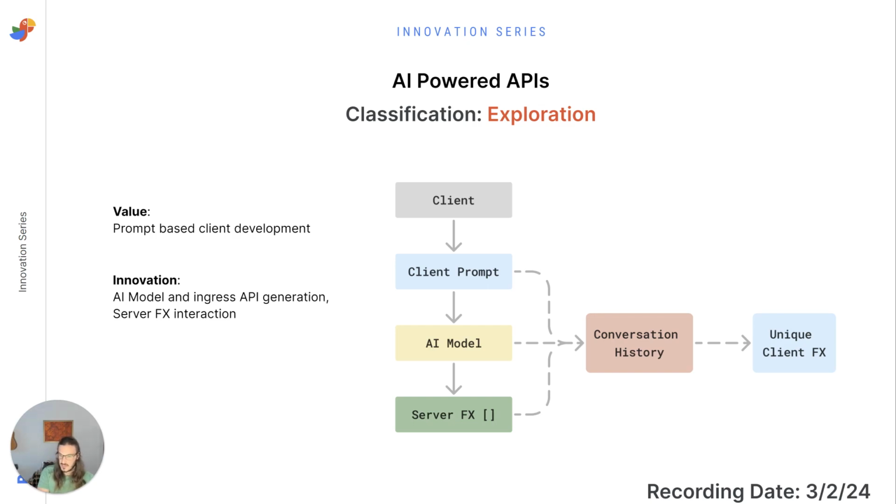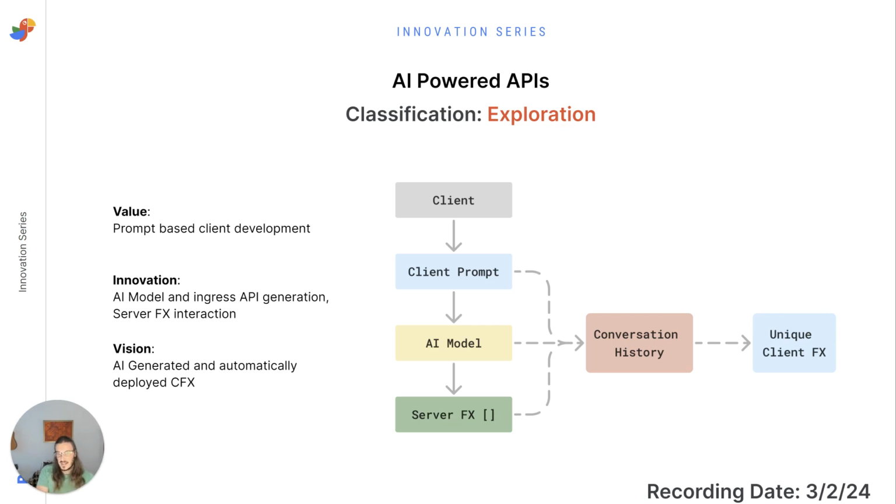And obviously the conversation history, maintaining that account of what's happened. But the vision, like I said, is really to automatically generate and deploy client functions that you can use. And then maybe even one step further, keep them up to date dynamically using AI to avoid any breaking changes or to potentially just stay up to date with the latest API changes. So that's even maybe a further vision.